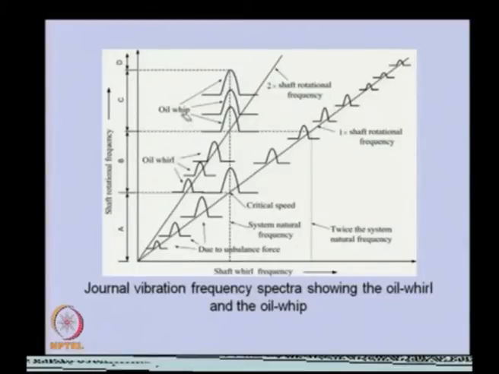Basically, oil whip is a very special condition of the oil whirl itself. At oil whirl, we are rotating the rotor at around twice the critical speed, and because of that the frequency of whirl is equal to the natural frequency of the system itself, and this is more dangerous. More dangerous instability conditions. These particular phenomena of oil whirl and oil whip are basically nonlinear in nature, and